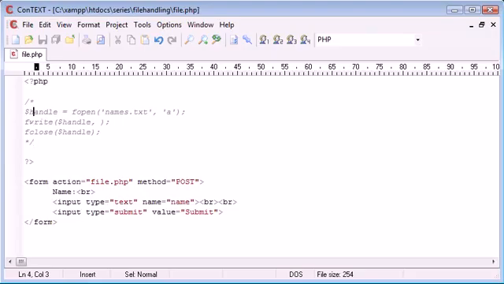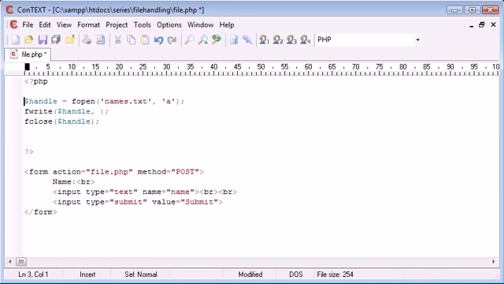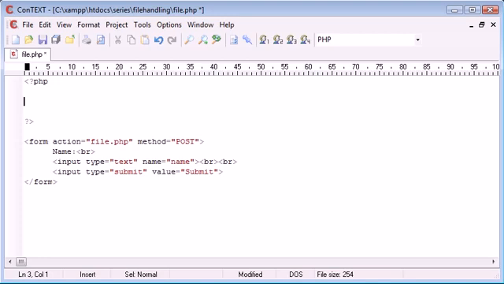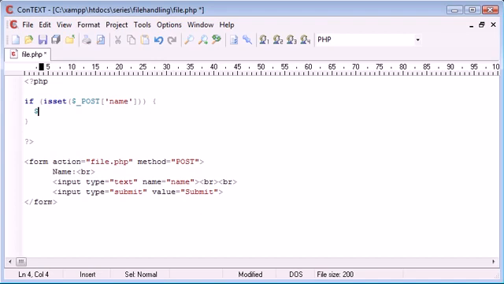Now, what we need to do is, this data is automatically going to be posted, as we've seen before with file handling. So before we create this, in fact we'll get rid of that altogether. What we want to do is perform a check to see if this variable is set. So if name is set, remember we're posting this from here, so we're using the $_POST because we've set the method to post, and we're using the isset function to check this has been set. So if it has been set, we can specify this variable. So I'm going to say name equals